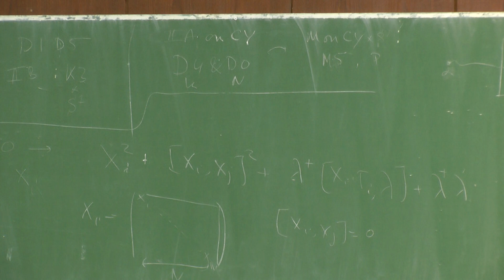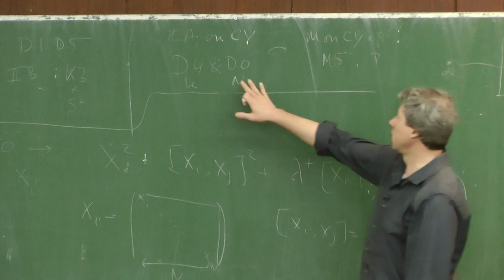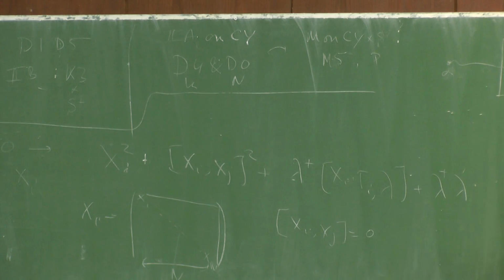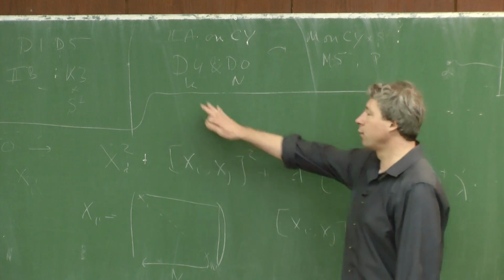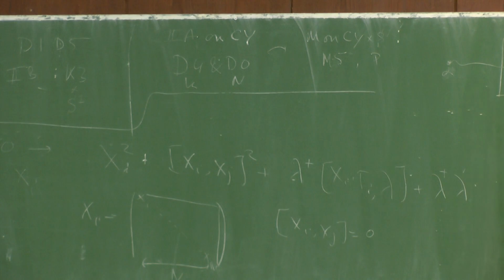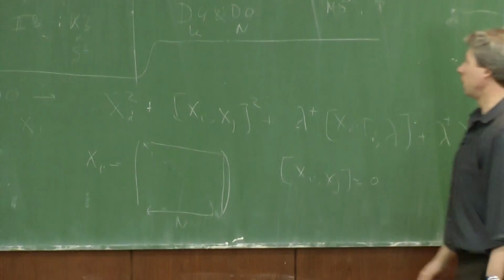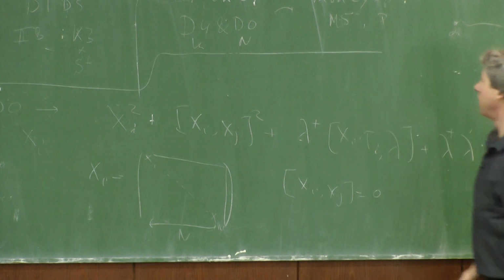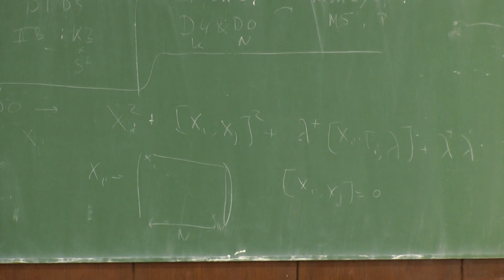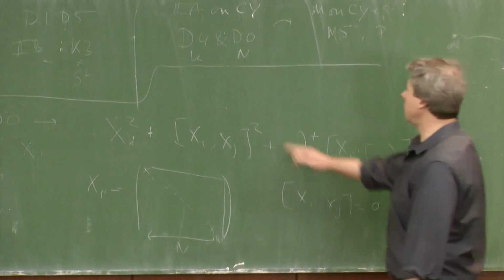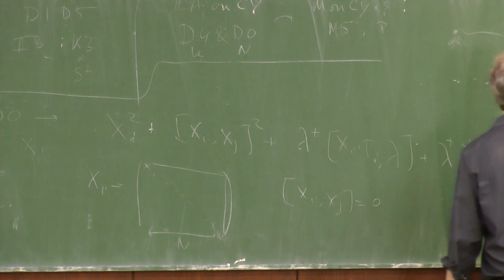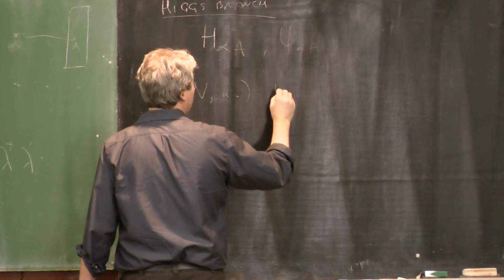The description I'm going to give is describing things like D0 and D4 branes. The D4 brane itself also has a world volume action. It's again a gauge theory, and in that case it's a four-dimensional gauge theory, and it has a very similar action except that you have to write down now the usual F squared terms, etc. Now the bound states of D0 and D4 branes,